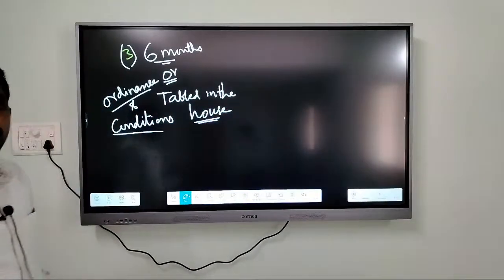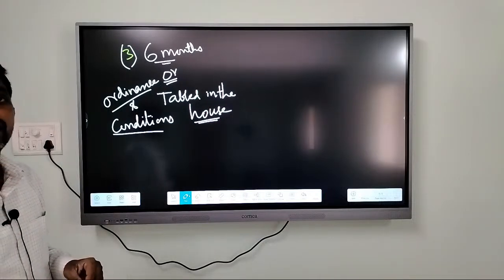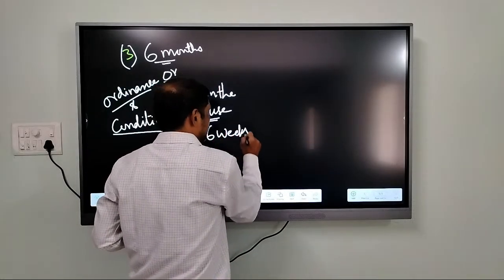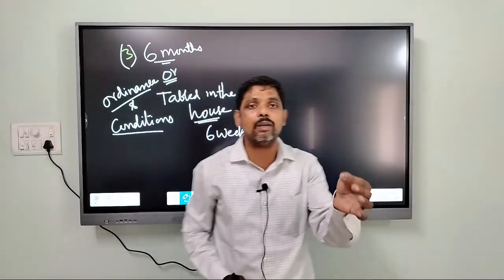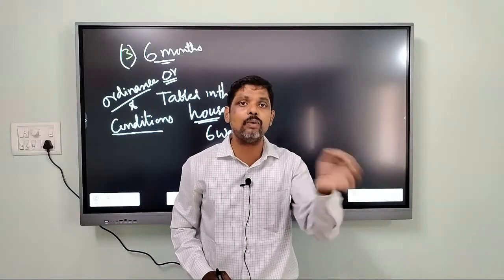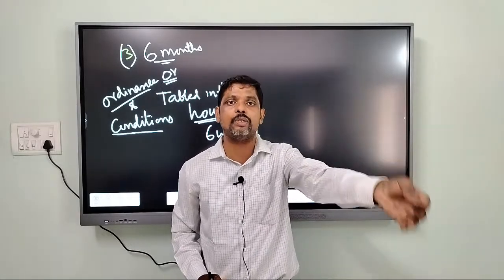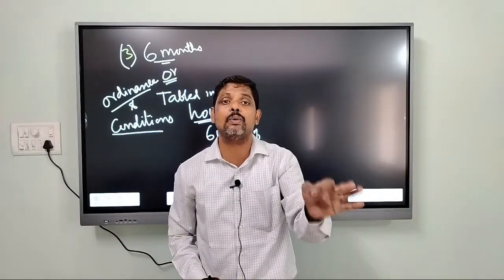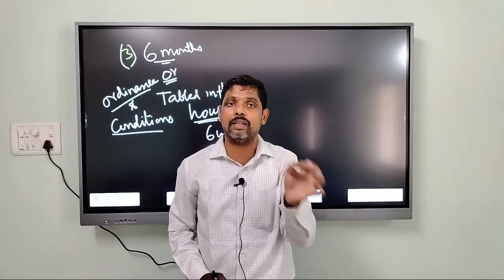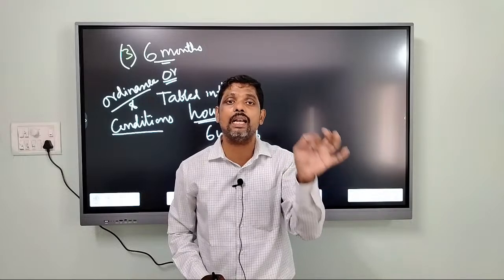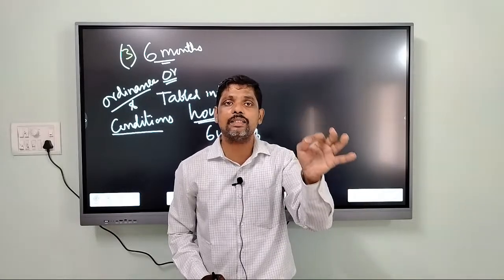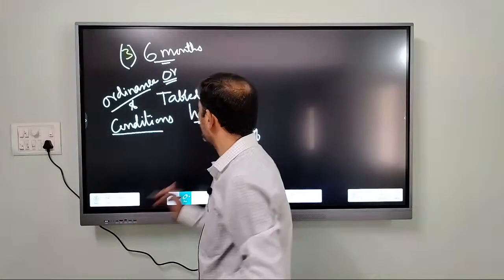Alright, so, and this ordinance should be passed, right, should be discussed and passed within a period of 6 weeks of its assembly. అంటే పార్లమెంట్ సెషన్లోకి రాగానే ఆర్డినెన్స్తో పాటు కండిషన్స్ ఇవన్నీ కూడా హౌస్లో ఇంట్రడ్యూస్ చేసి, రైట్, 6 వారాల్లోపు రైట్ పాస్ చేయాలి. రైట్, ఒకవేళ పాస్ చేయలేదనుకోండి, ఇలాంటి ఆర్డినెన్స్కి, అలా పాస్ చేయని ఆర్డినెన్స్కి ఎలాంటి వ్యాలిడిటీ ఉండదు. రైట్, సో 6 వారాల తర్వాత ఆ ఆర్డినెన్స్కి ఎలాంటి వ్యాలిడిటీ ఉండదు. రైట్, సో ఇది మనం గుర్తుపెట్టుకోవాల్సింది.